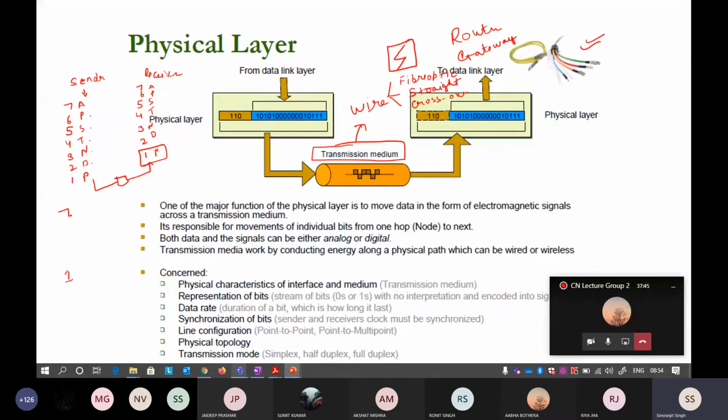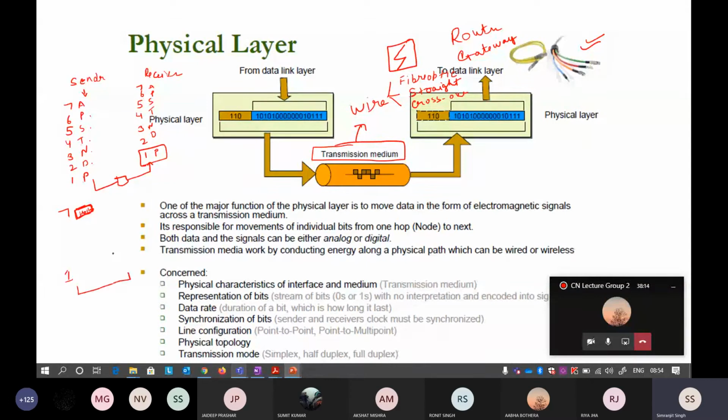I do not want to call it a packet because in every particular layer the packet is referred to by another name. So whatever you want to communicate, the chunk of communication, suppose I denote it as this, here it is written hello. The chunk of communication that you want to communicate with the receiver starts from the 7th layer and goes towards the first layer, that is your physical layer.